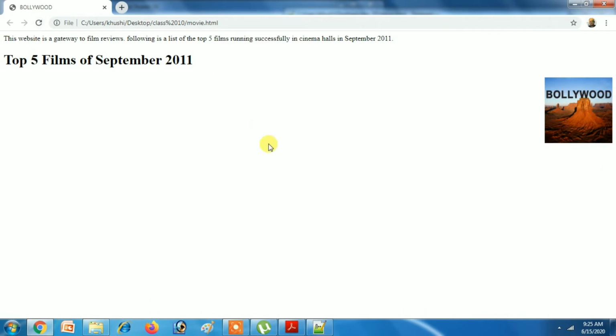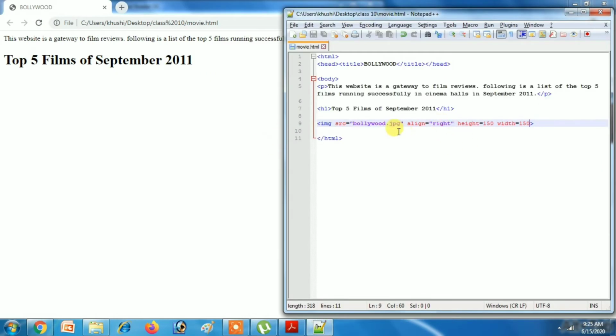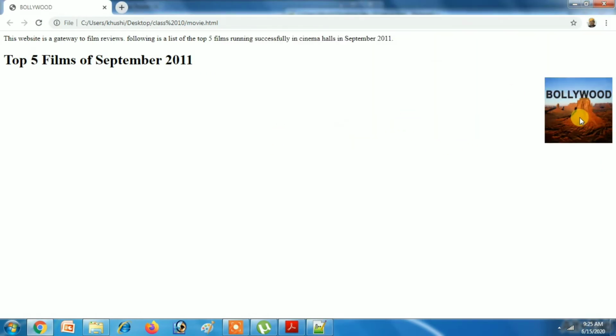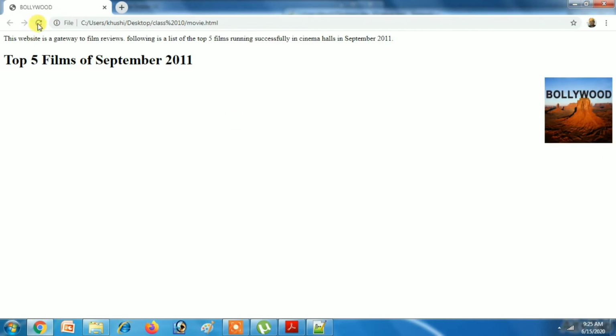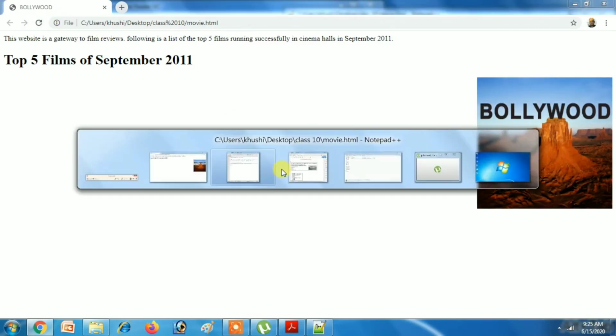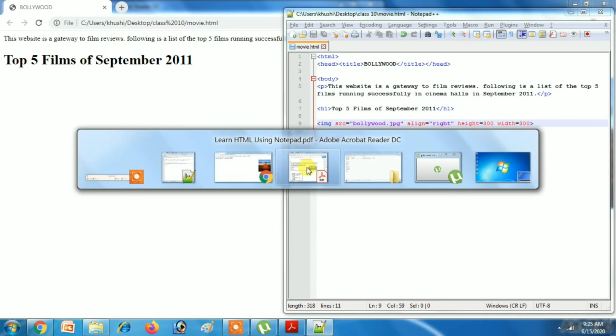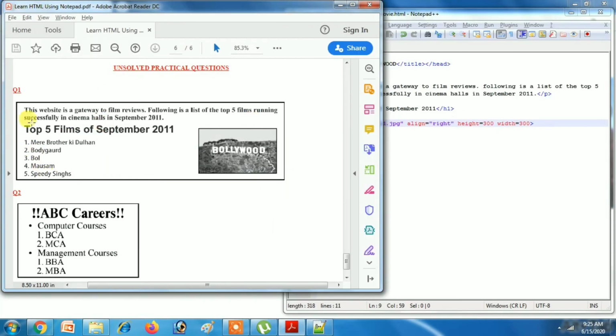And don't forget to save. Remember, you have to save it every time. Here the picture is very small, we can make it 300. Refresh like this.